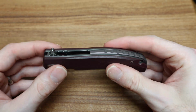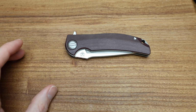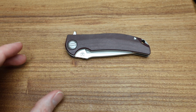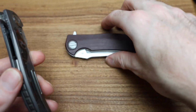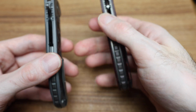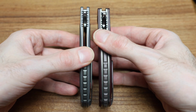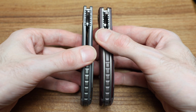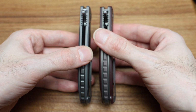So if you're not a big fan of the Micarta because it's a little thicker, maybe you look at the Molten Overkill, or the Russian Overkill. Let's grab the Molten, because it is a thinner knife. This is the Molten. You usually can tell a lot about how thick a knife is just based on the backspacer, but this guy is a lot thinner, even with the inlays. You should be able to see that,